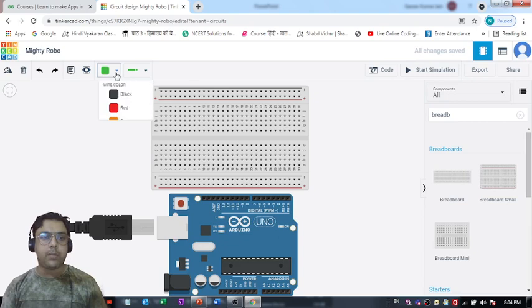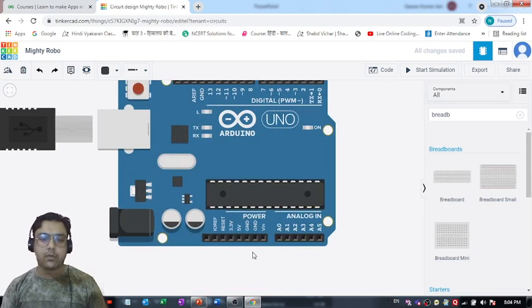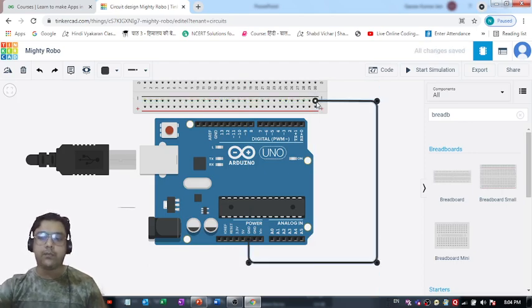So we are going to make use of this black wire first to connect this ground pin of the Arduino Uno R3 board with the negative terminal of this breadboard. So that's the first thing we need to do.